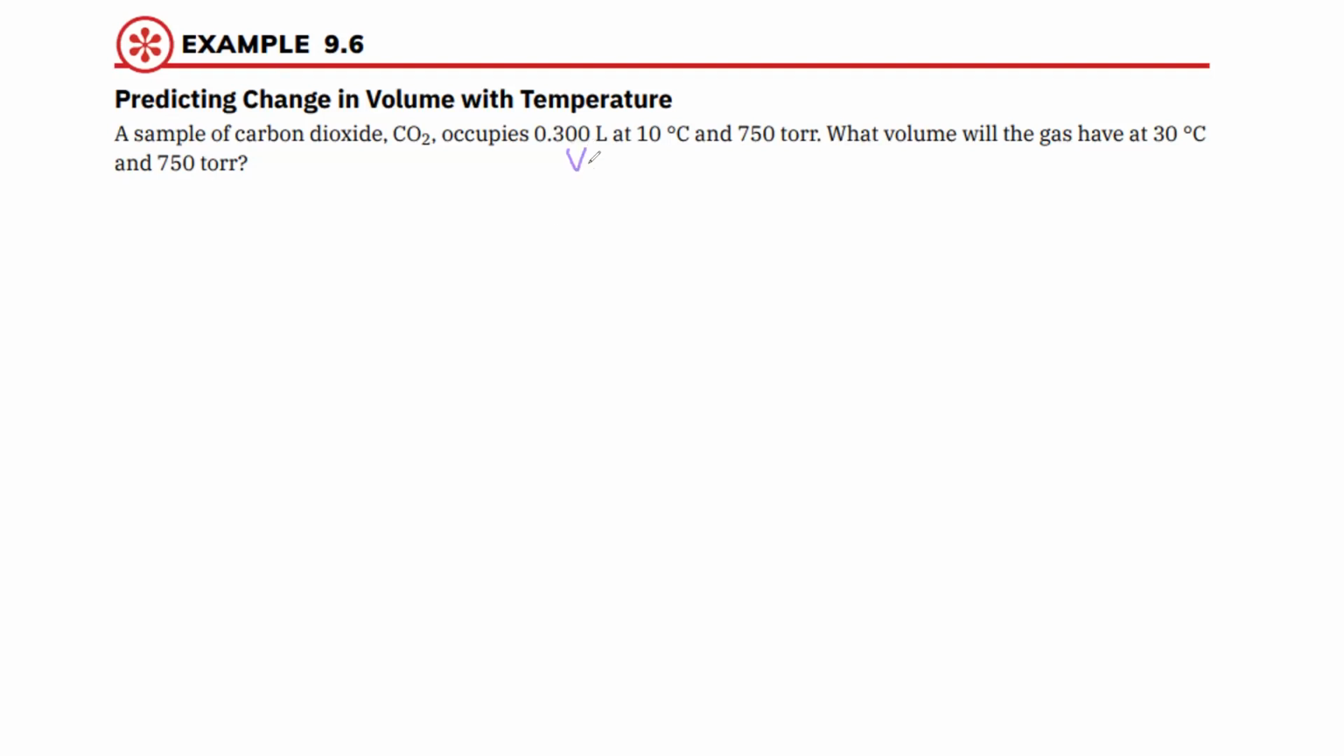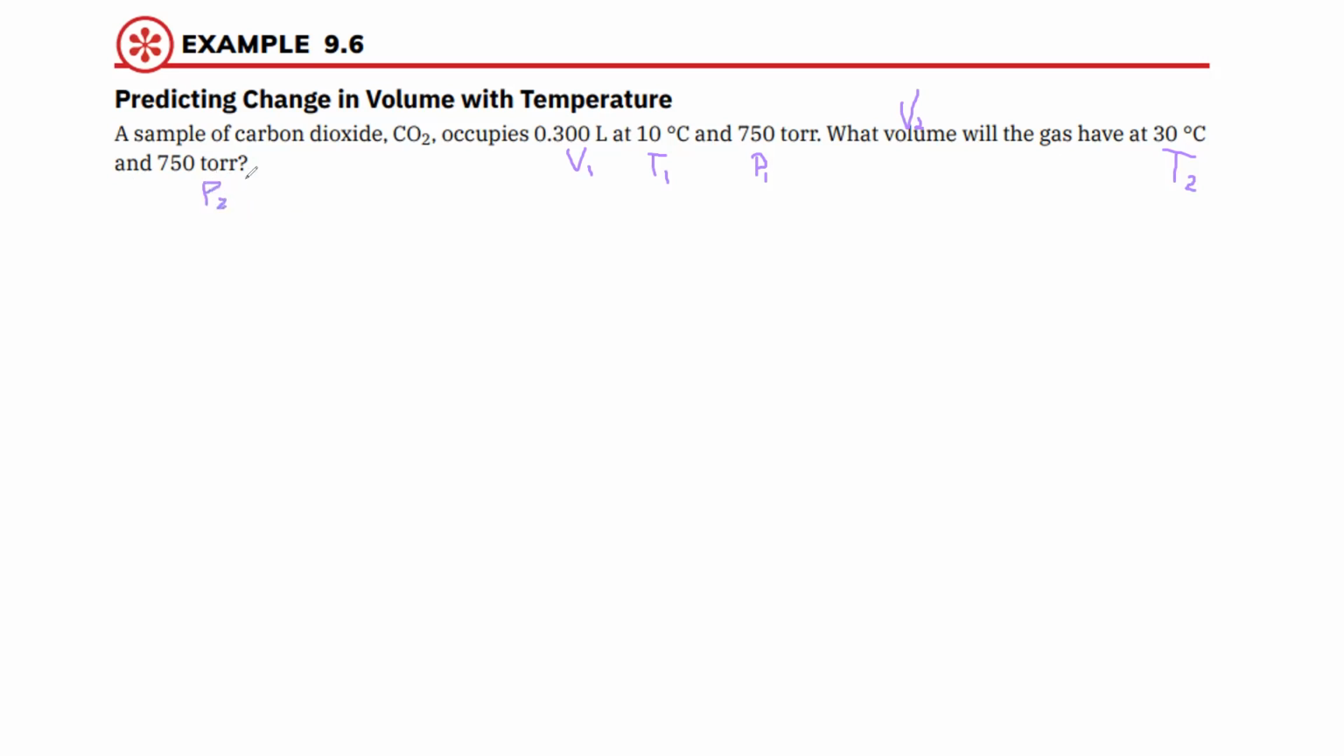So we've got a sample of carbon dioxide with a volume of 0.3 liters, V1, at a temperature of 10 degrees Celsius, T1. I don't know why I wrote C. That makes no sense for anything we're doing. So the 750 torr would just be P1. And we want to ultimately figure out what volume, so V2 is what we're looking for, if that gas is